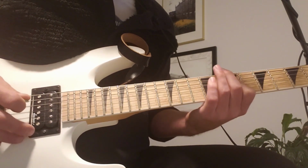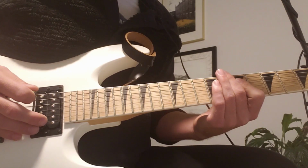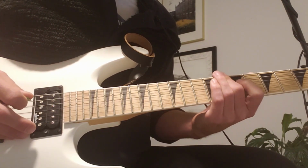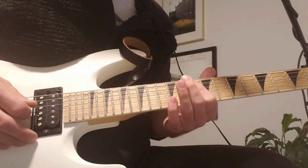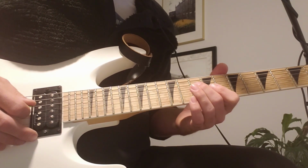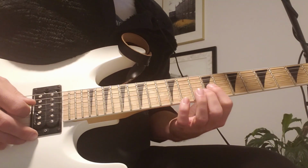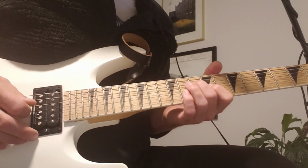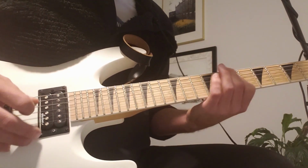Then back to the 8th fret, E and A. And then you're going to jump up to the 10th fret of the D and the G. And then hit it again, but this time instead of barring it, you're going to do the 9th fret on the G string and the 10th fret on the D string. So again, it's...